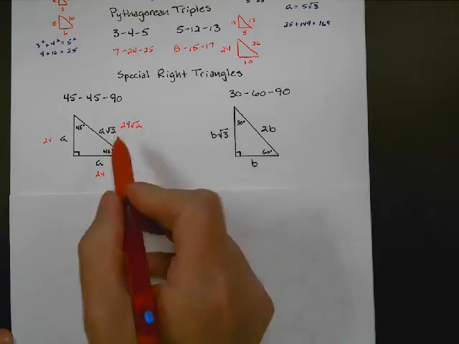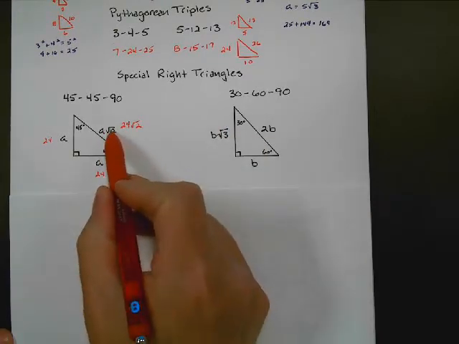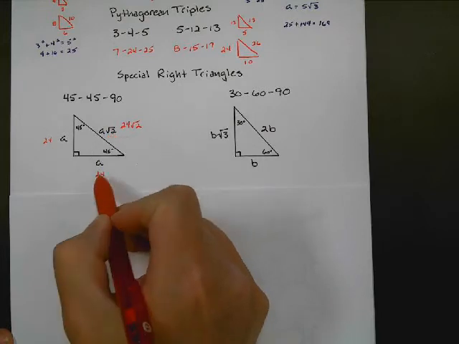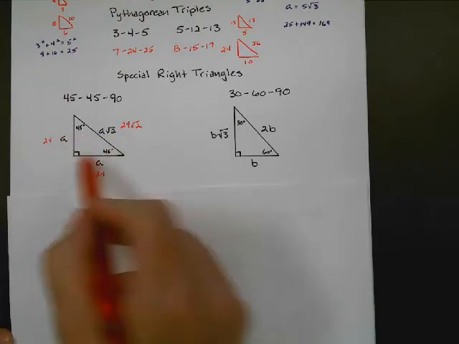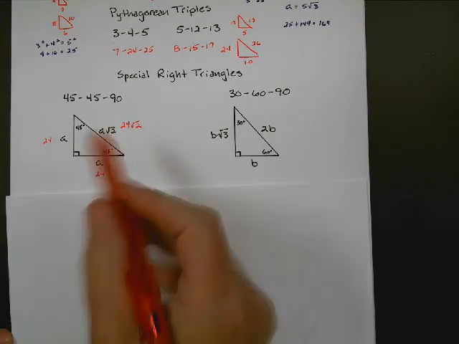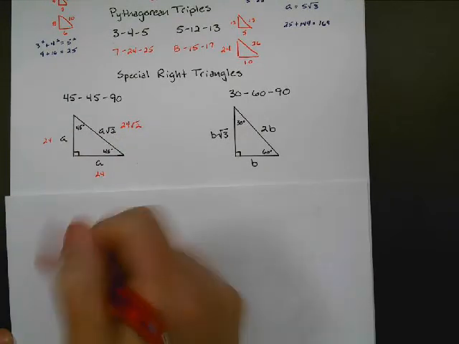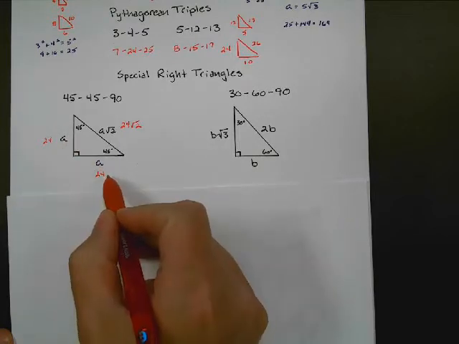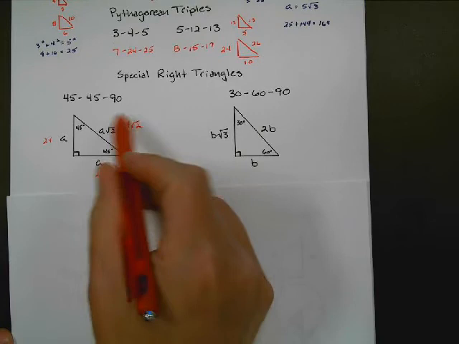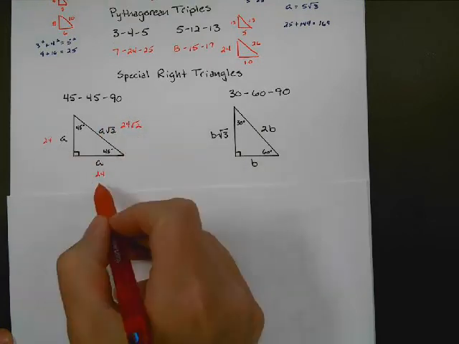If we knew that this side was 36 root 2, well, that means this side's 36 and this side's 36. So it's a nice pattern to know that if you have an isosceles right triangle, you can follow this pattern: